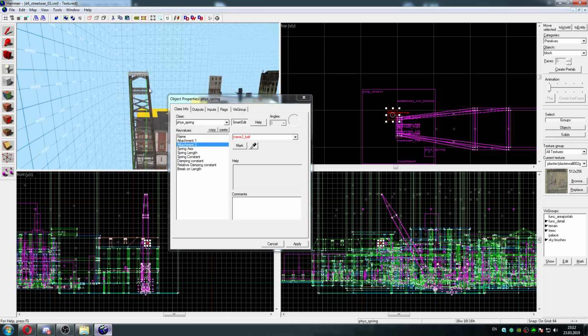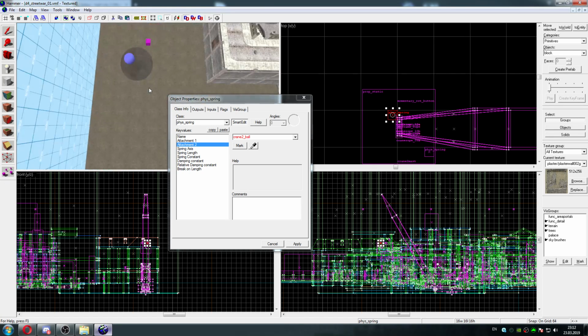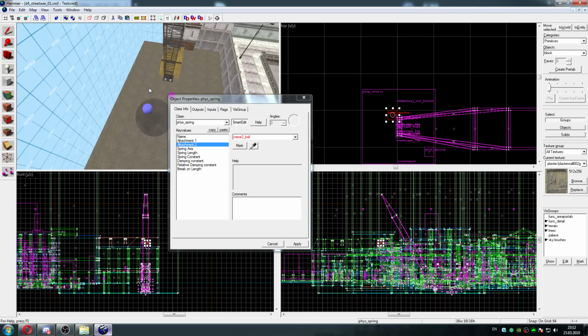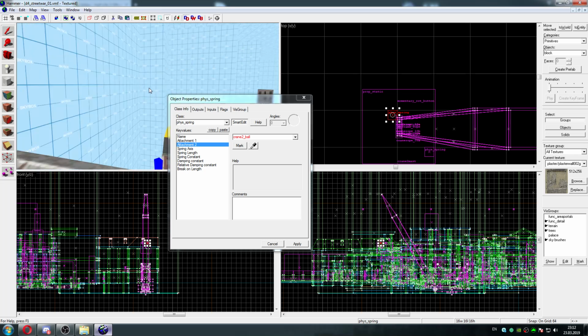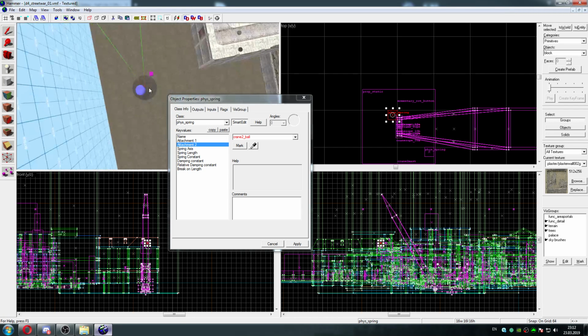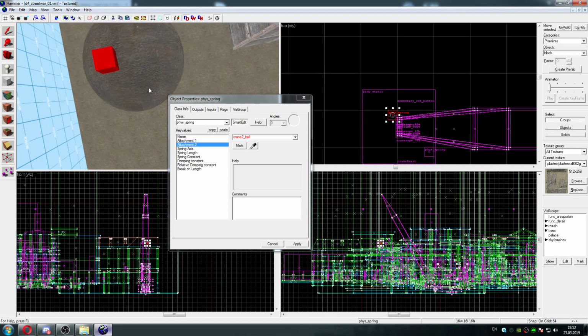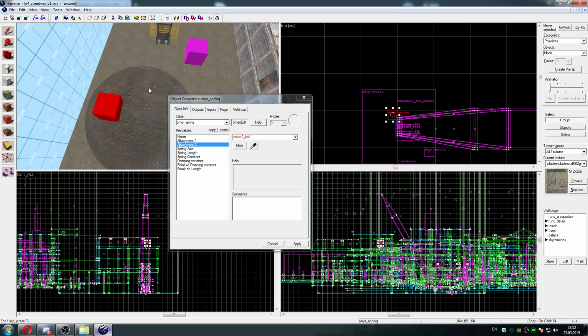Alright, now I can see how it worked. We need to place both these spring entities in the end of this mast. And we need to place their, how is it called? Scott, can you help me? What's the name of this? Is that the origin? Yeah, origin, right. We need to move origin